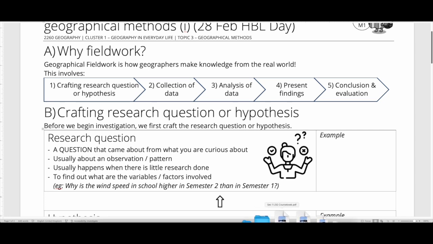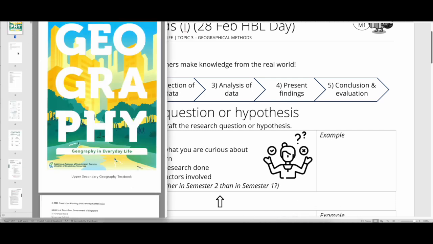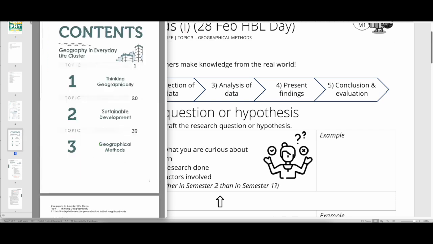Okay, now if you're not sure which place you are referring to for this topic, we are looking at this textbook, Geography in Everyday Life, and if you look at topic 3, which we haven't really covered, it is geographical methods. Okay, so how this will be taught is that you will learn some, practice some, do the fieldwork,